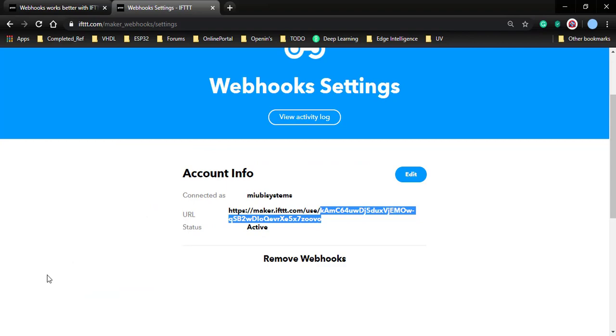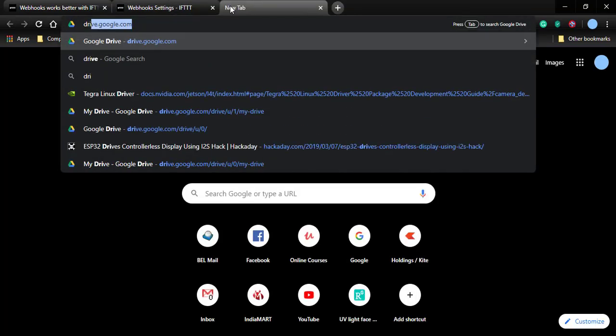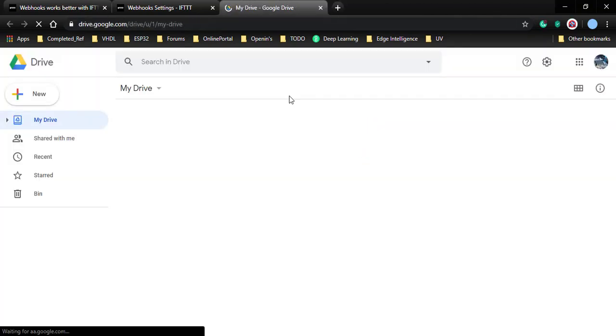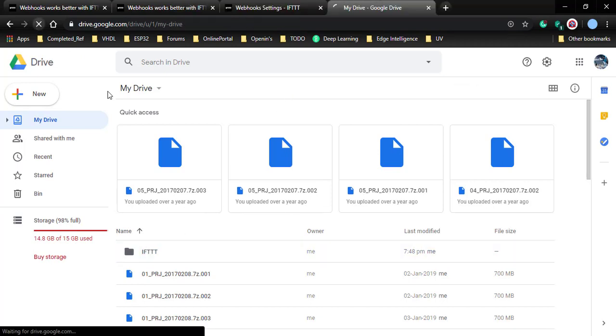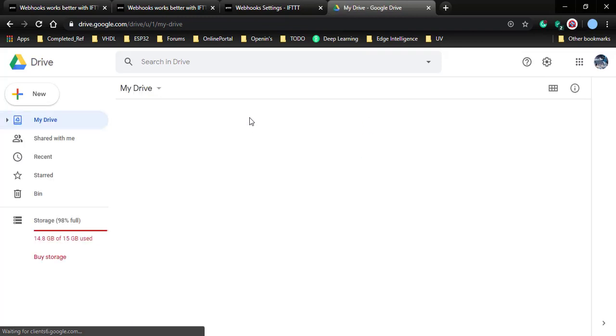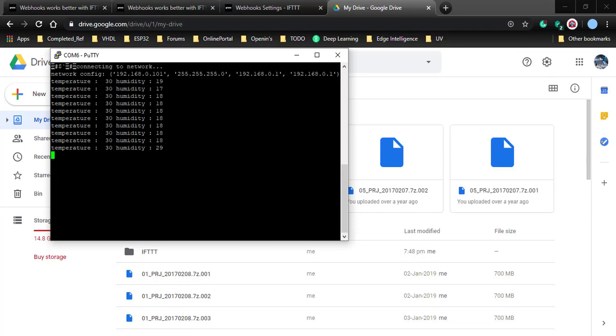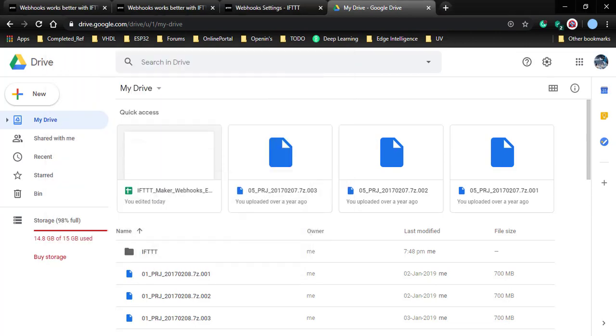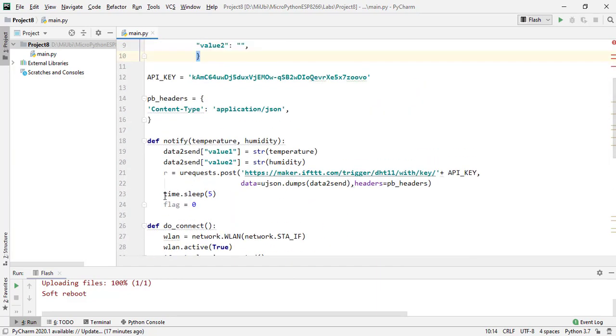So let us see what is happening in our drive. Let me open my Google Drive. Yeah, here it goes. Something happened? No. I can see some folder created. Let me refresh and see. Something came. Yes, here it goes. It came a bit late, though I was quite surprised. If you see, there are some values which have been loaded. If you see the code also, for temperature and humidity, I have given a delay of 5 seconds.